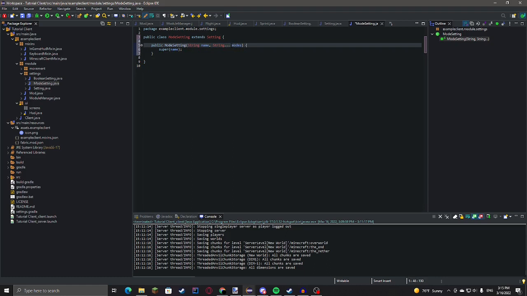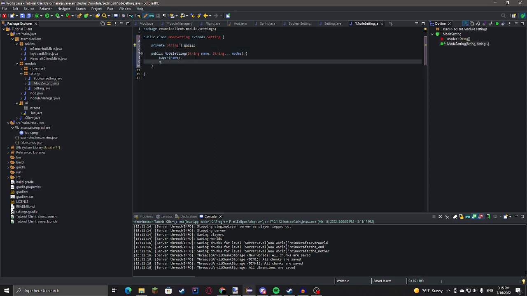It'd kind of be the same as if I did that, but when I'm calling it, I don't have to define a new array. Okay, so we can do private string array modes. This dot modes equals modes. We'll also do string default mode.